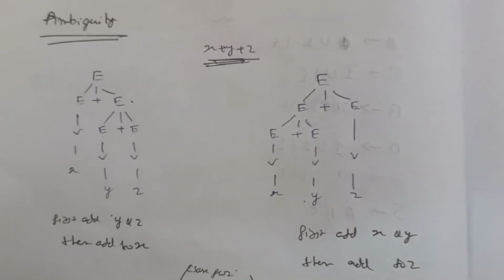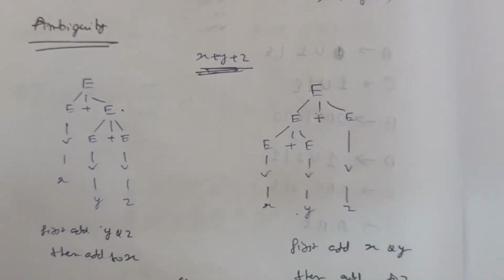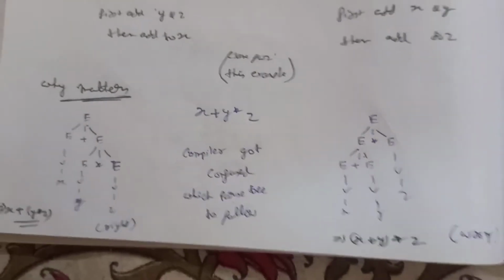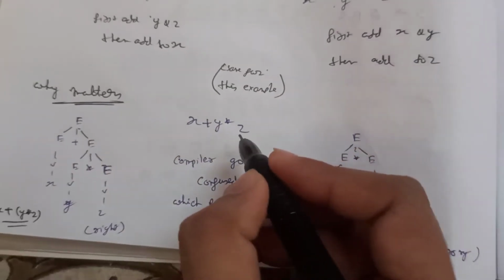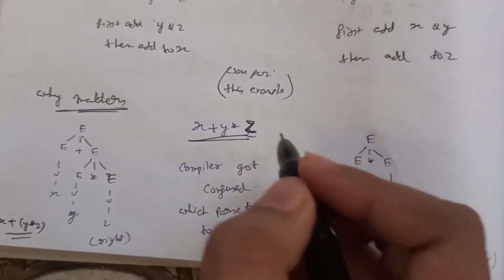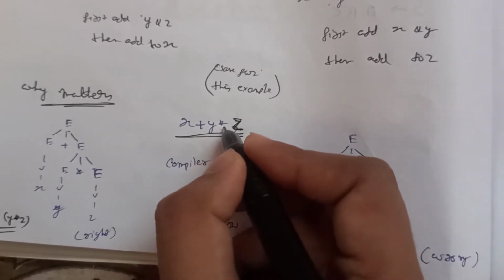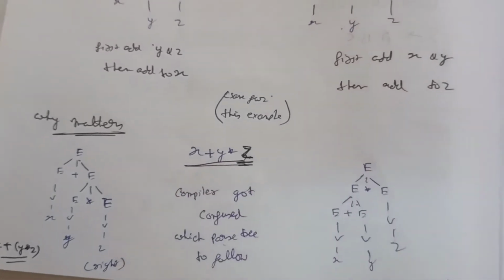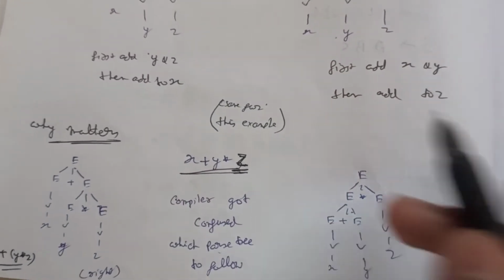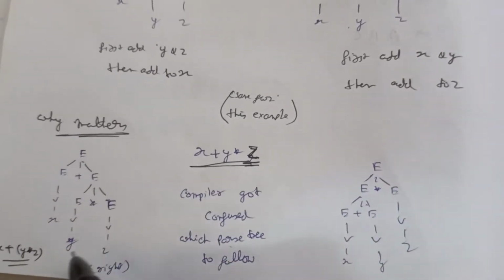So you may say that both of them are giving similar results, so what is the problem? See why ambiguity is a problem, let's check it through this example. Suppose this is the expression we are supposed to make, and we already know from mathematics that multiplication is done before addition. So I can also make this expression through two parse trees, from here and from here.